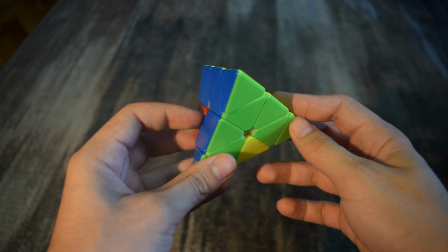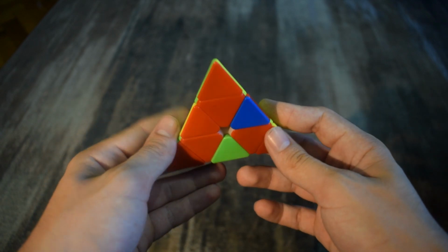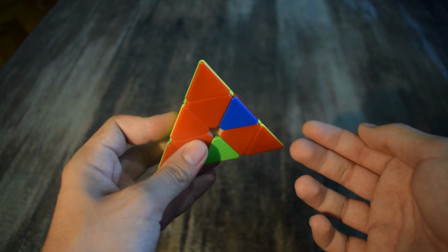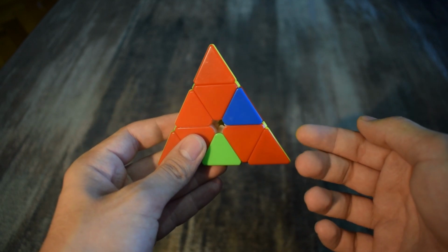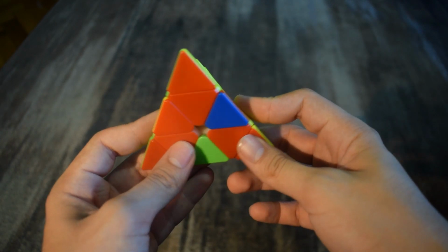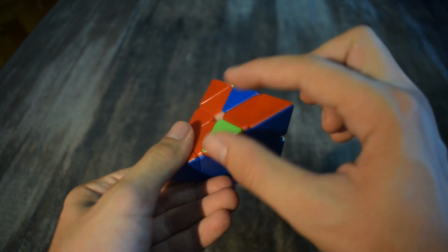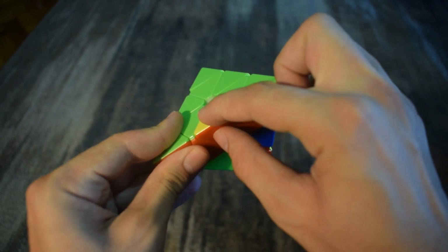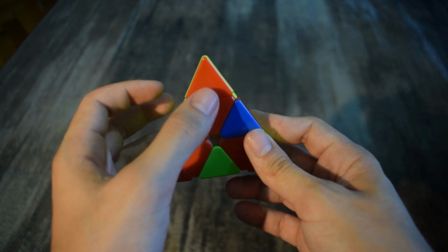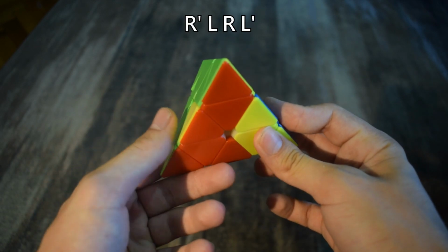And now, after finishing this step, we have to put the bottom layer here in front of us and solve all the remaining edges. There are 5 cases, and we will go through each one of them. Okay, so this is the first case. We see that this edge needs to go here, this one needs to go here, and this one needs to go here, so clockwise, and we keep the red bar here on the left, and the algorithm is R prime,